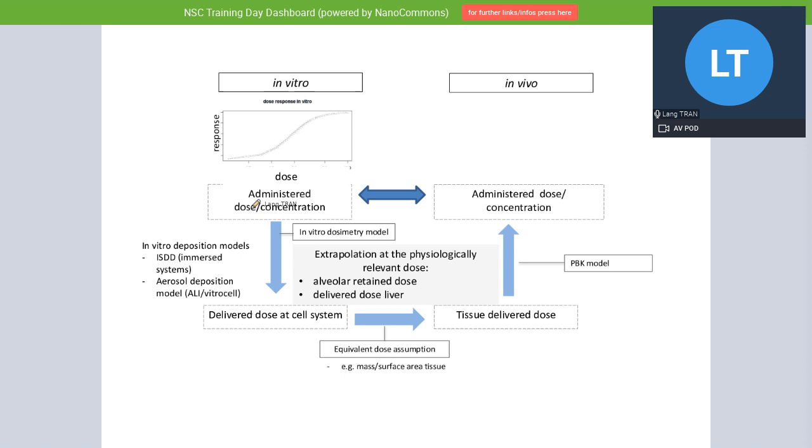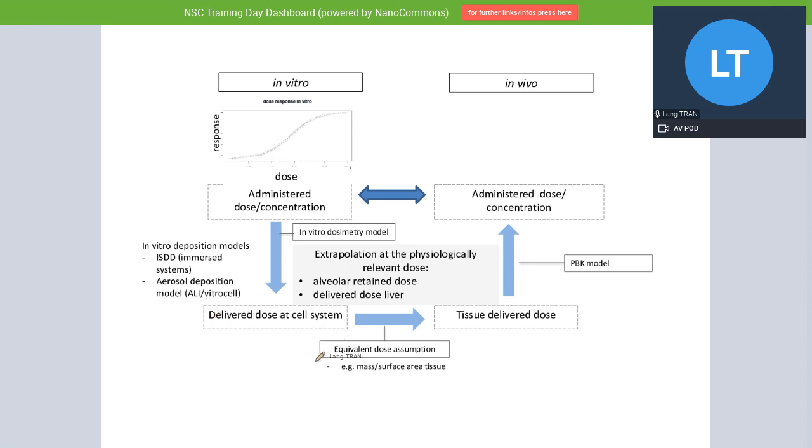Later on, I'll show that we can do better than just the administered dose or the administered concentration by looking at the amount that actually gets into the cell using the in vitro dosimetry. Okay, and this is what we mean by that. What we've done in PATHO is to collate all these different models and put them together as a kind of software, and you can use it to work from the administered dose down to the delivered dose at the cell system.